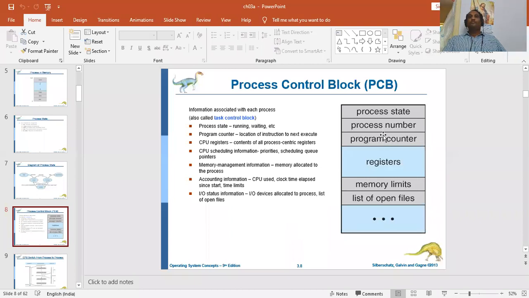So whenever I open an application, it will maintain the process number for that application, and it will also maintain the program counter, how many times I'm retrieving the page again and again, how many references I'm taking again and again. Those things are maintained by using the program counter. Okay, clear with this till here, everybody?